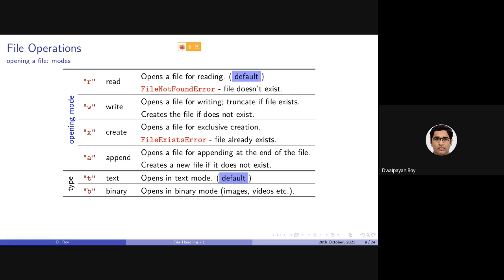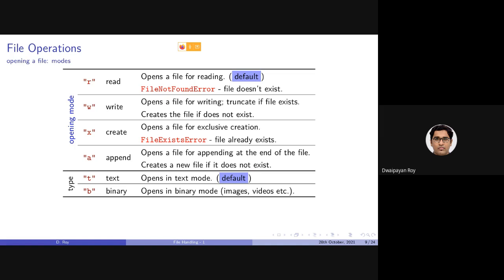In other words, the file will be opened in the read-only mode. We will not be able to write into it. And in case the file is not existing, it will raise a file not found error exception. And this is the default mode in the open function. That is, if we do not specify any mode, it will be by default considered for reading.